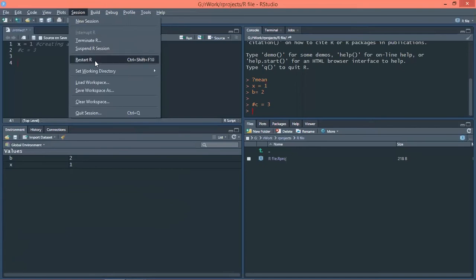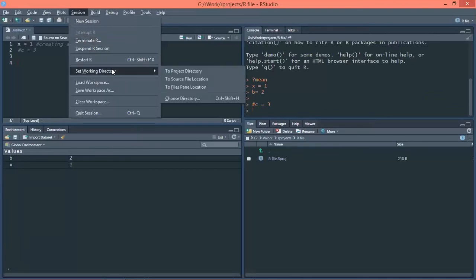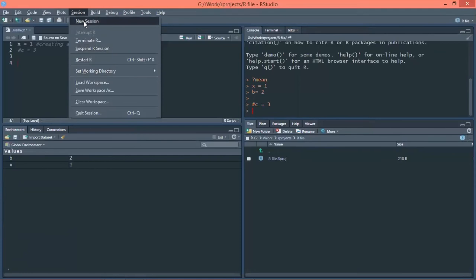It will just restart your R, but you will have to run your codes again. Or you can terminate the R session, wherein your session will be terminated and you will have to start again. You can set your directory, like if there is a different project, you can go to that directory from here. And if you want a new session to be started altogether, then you can click New Session.